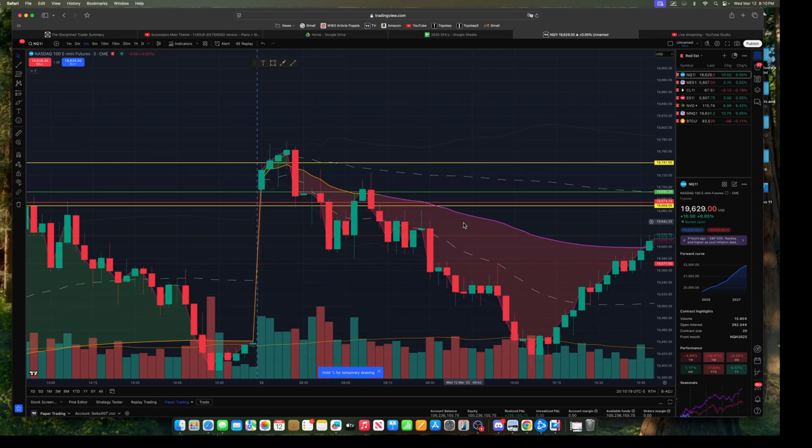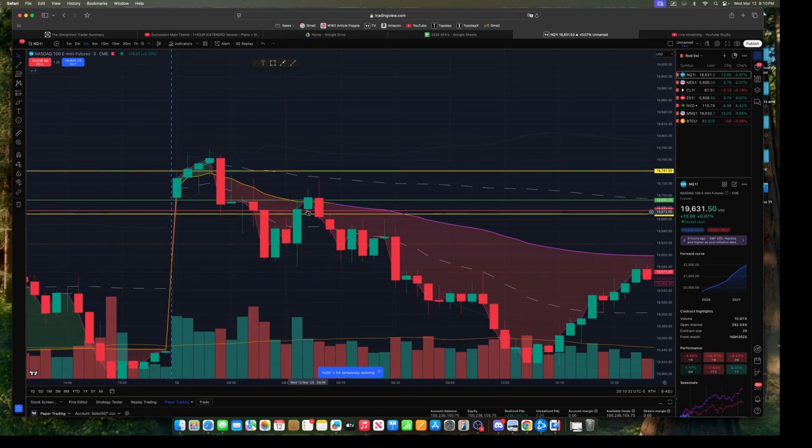My stop was very small. My stop was at 74. It says 74.75 here, but I believe my stop was actually 74 flat, which is always the low of the entry candle. For me, my stop is always the low of the entry candle. So yeah,